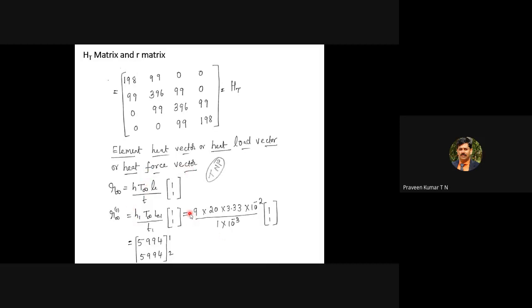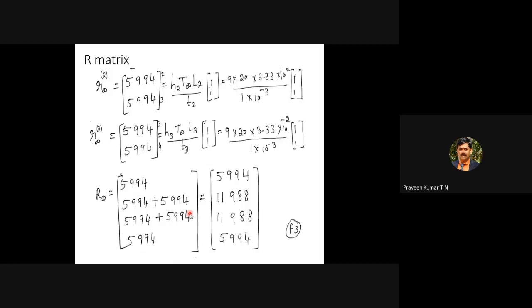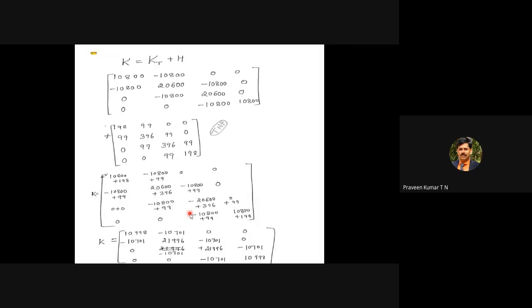This is the formula. From the formula, you have to find H, R1, R2, R infinity, R3, and finally we have the R infinity final equation. Now we have Kt equals R infinity. Here the K matrix consists of the thermal conductivity matrix and the convective heat transfer matrix. This first matrix is the global thermal conductivity matrix. This matrix is the global convective heat transfer matrix,